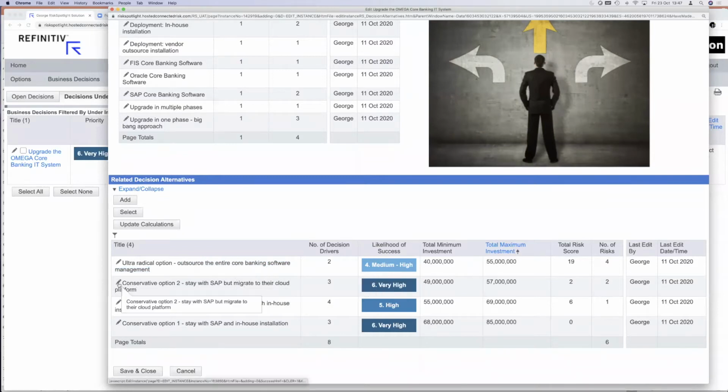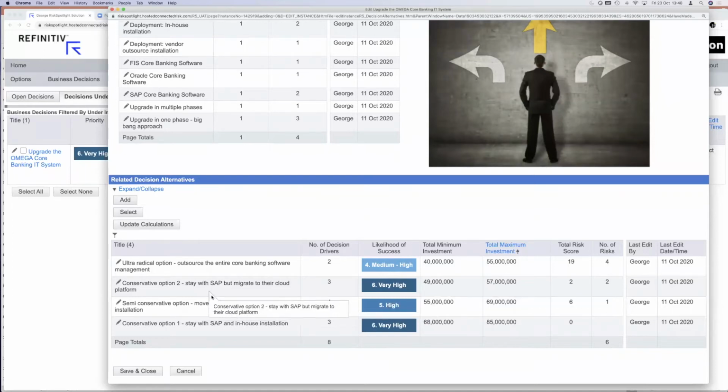And if I open one of the decisions or one of the alternatives, in this case, there are 4 alternatives I have created, and now I have to pick one of those alternatives. And each alternative now will have a different likelihood of success, because in terms of successfully completing that migration on time, on budget, which of those options have a better likelihood of success. Each alternative will have a different level of investment required. So you can see what is the range of investments we need to think about.